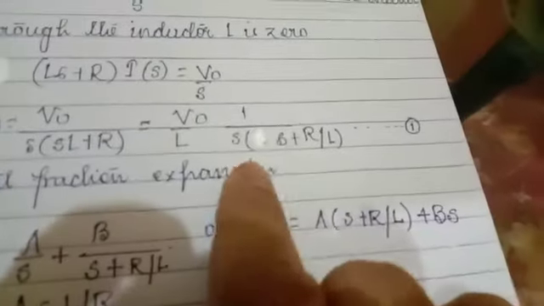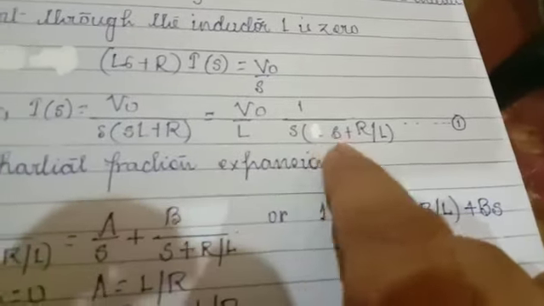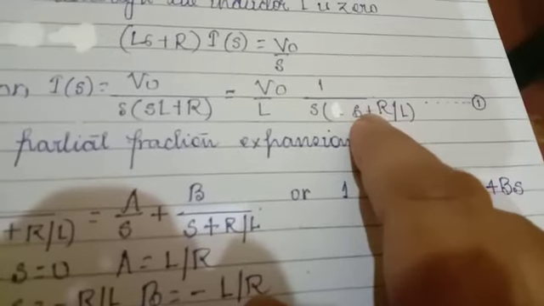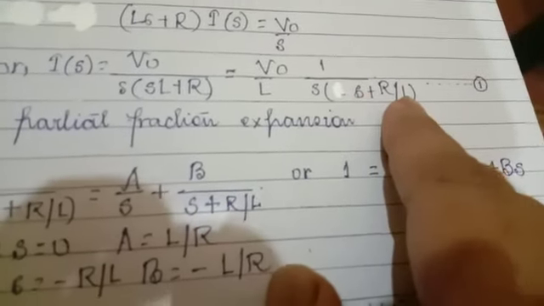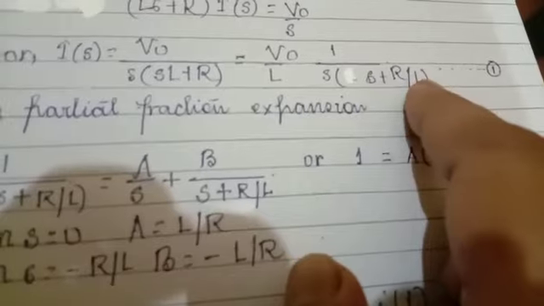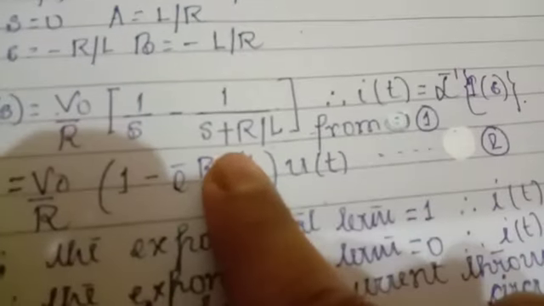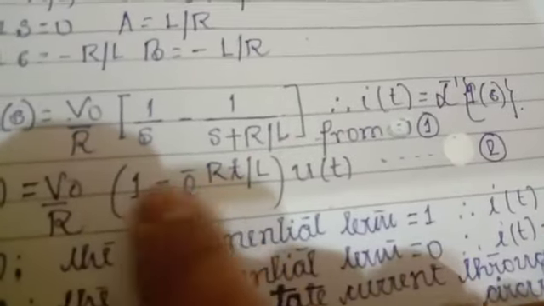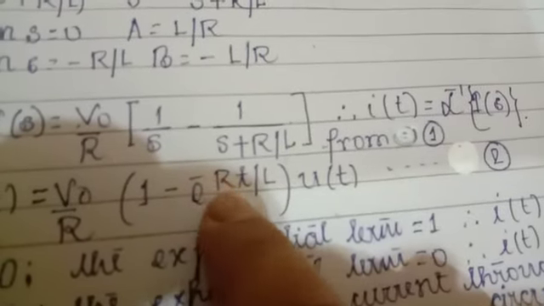For this reason I have taken L common here, just to express this factor as s plus a, where a is R by L. So this is plus. So you have 1 minus e to the power minus Rt by L, and the whole is multiplied